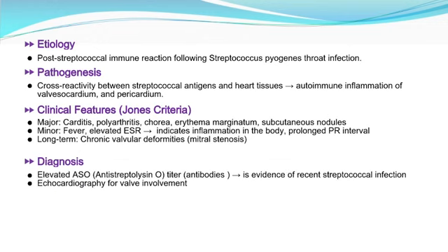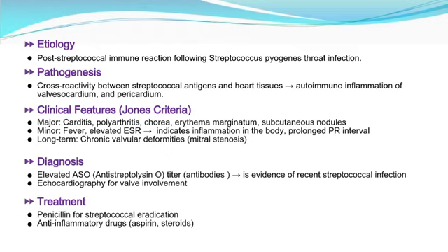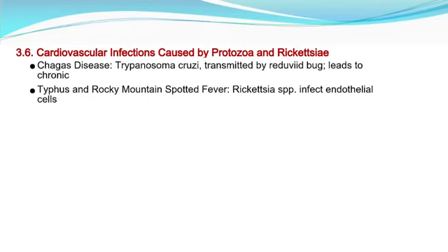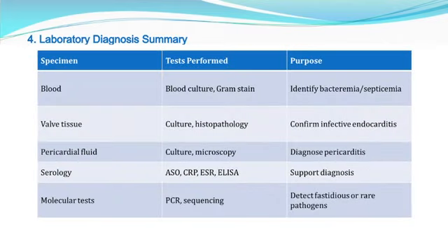Diagnosis: elevated ASO titer and echocardiography. Treatment: penicillin and anti-inflammatory drugs. Prevention: early treatment of streptococcal infections. Protozoal and rickettsial infections such as Chagas disease, Trypanosoma cruzi, and typhus rickettsia can also affect the heart by causing myocarditis and vasculitis. Laboratory diagnosis of cardiovascular infections relies on blood cultures, Gram staining, biochemical identification (PCR), serology, CRP, procalcitonin,